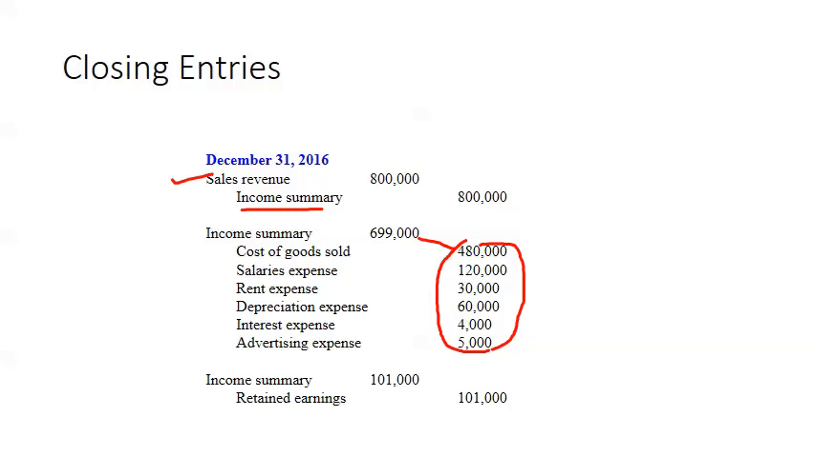Now we have a balance in the income summary. If you look at the balance, we take this 800,000 minus the 699 gives us a credit balance of 101,000. So we need to close that out, and we do that by debiting the income summary and crediting retained earnings. That's the same 101,000 that was